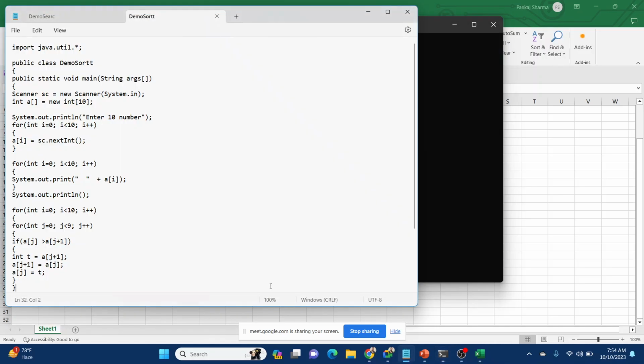Does anyone have any query regarding the sorting part? Because we have done two things for arrays: one is searching, one is sorting. So you have to practice also how to do sorting. I tried with the ascending order. You do it with the descending order. And in the same way you do prime number searching and even number searching. So any query or doubt regarding sorting or searching?